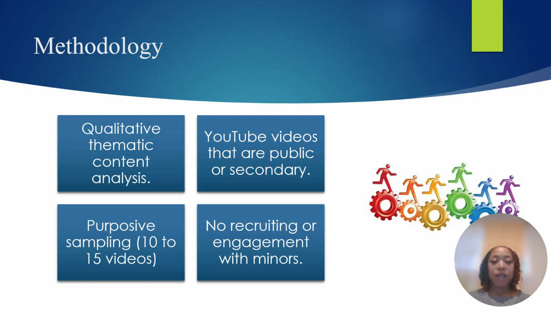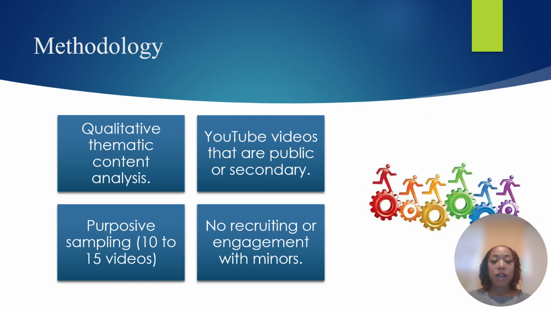Methodology. This study uses a qualitative thematic content analysis approach. I will conduct a purposeful sample of approximately 10 to 15 publicly available YouTube videos that show users appearing to be early learners interacting with the Duolingo Kids app.